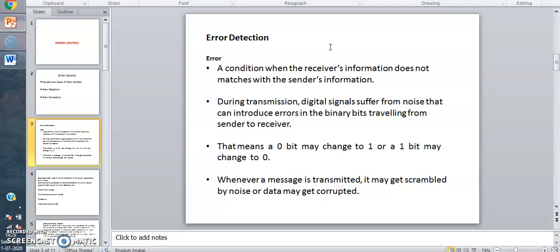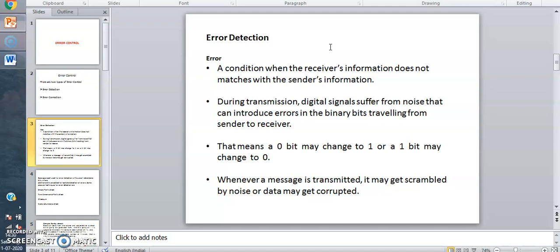The basic approach used for error detection is the use of redundancy bits, where additional bits are added to facilitate detection of errors.